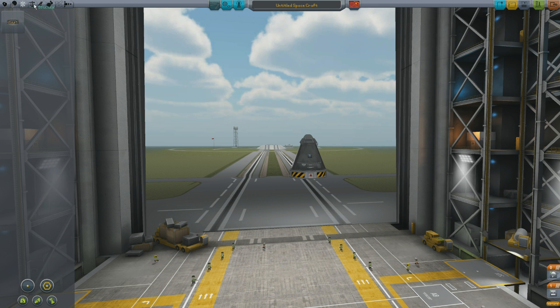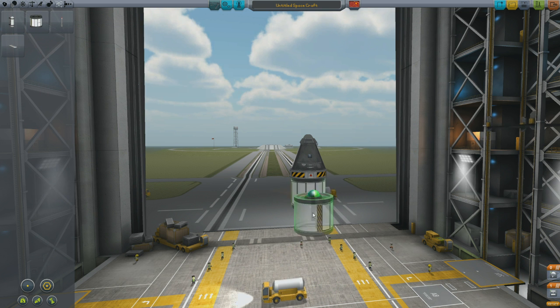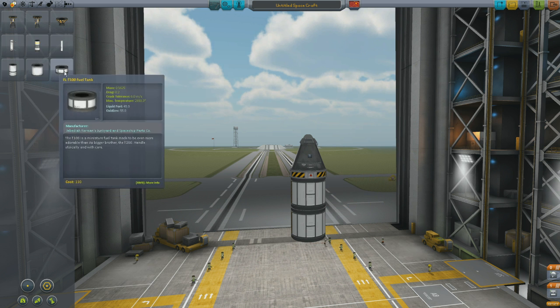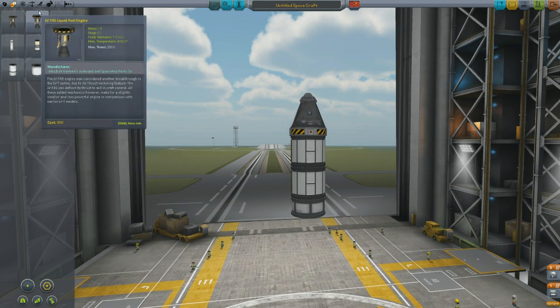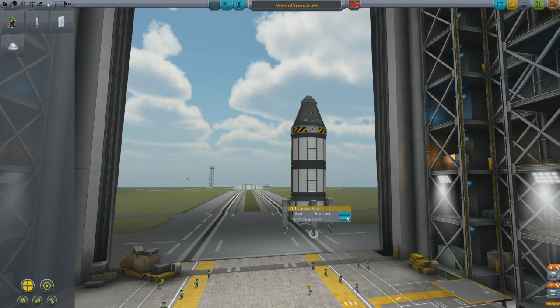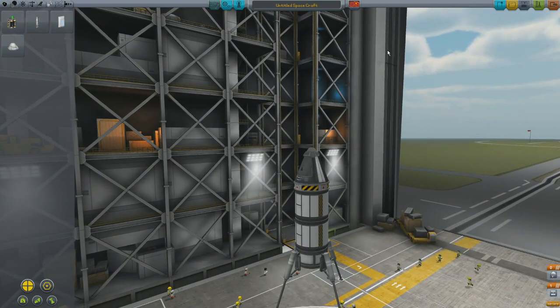Now what you can actually do on this is you just do science stuff like that, and then you put a fuel tank underneath, and then you put these on like so, and then there you go. So what you can actually do is you just go to the launch,